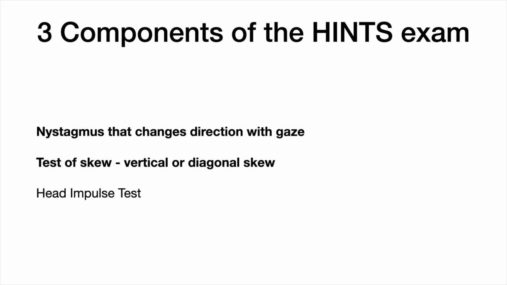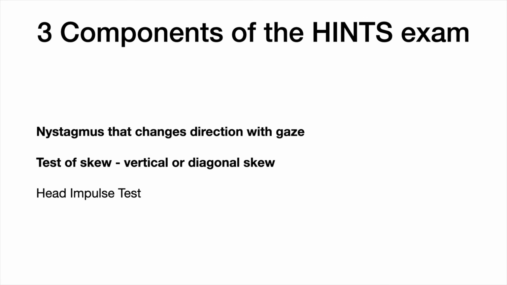The first 2 components of the HINTS exam look for findings that are only seen in stroke and not in vestibular neuritis. And they are nystagmus that changes direction with gaze, as seen here: beats to the left when she looks left, and when she looks to the right, it changes direction, beats to the right. Any patient with constant dizziness and nystagmus that changes direction with gaze is having a central cause for their vertigo,